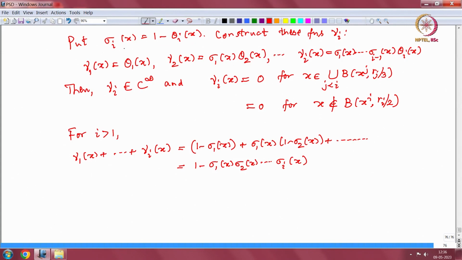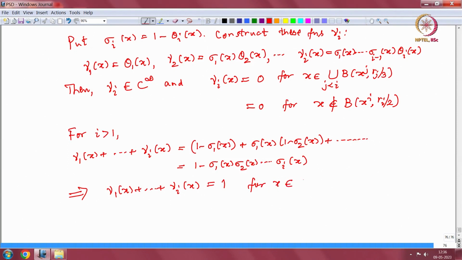The sigma i x, they are all one outside the larger ball. So that implies gamma 1 x plus up to gamma i x is equal to 1. So, partition of unity for x